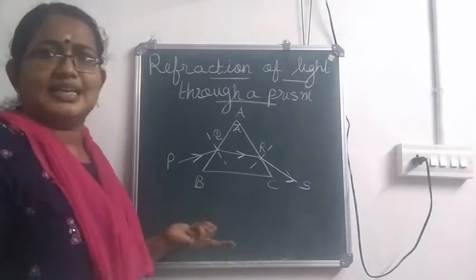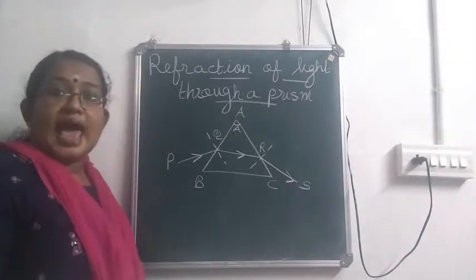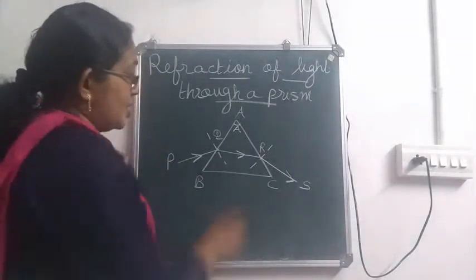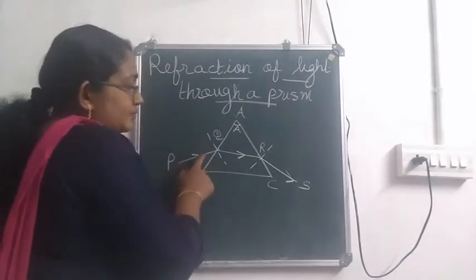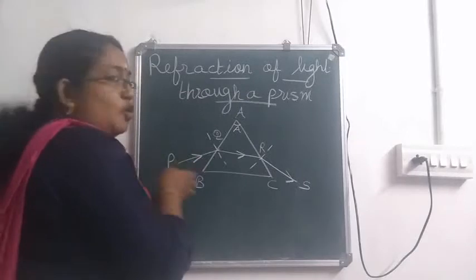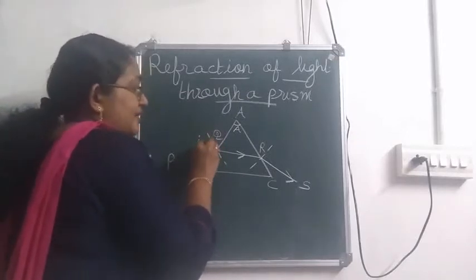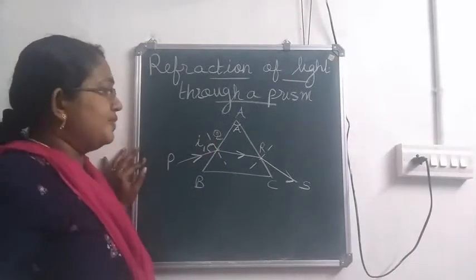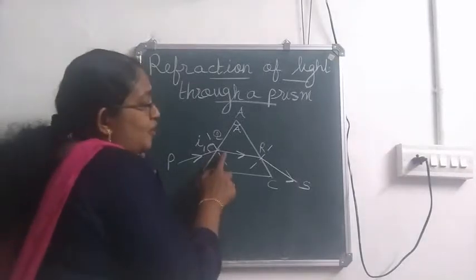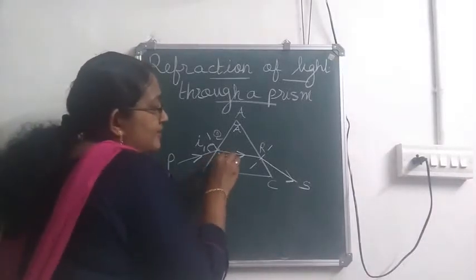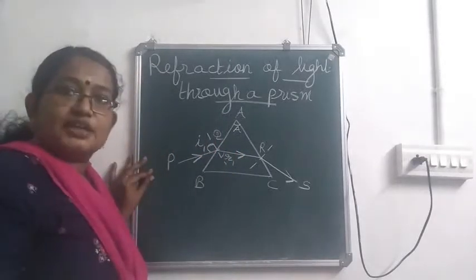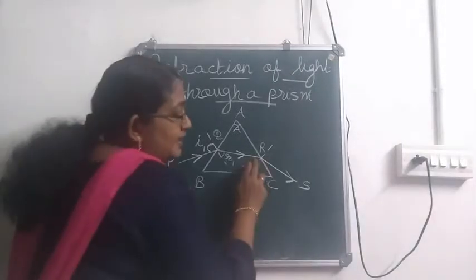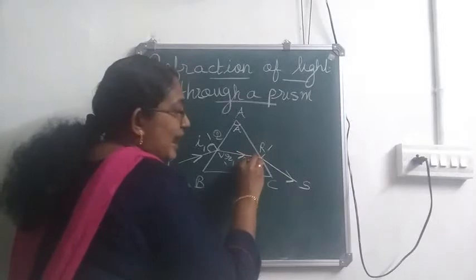Now, we have to consider the angles. So, what is angle of incidence? Angle between the incident ray and the normal is known as angle of incidence. So, this is our incident ray and this is the normal. So, this angle is I. Okay, I am keeping it as I, or let me put it as I1. Angle of incidence is I1. Now, the angle formed between the refracted ray and the normal is angle of refraction. I am putting it as R1. Okay, R1 is the angle of refraction. Now, here we have an angle. I am naming it as R2.